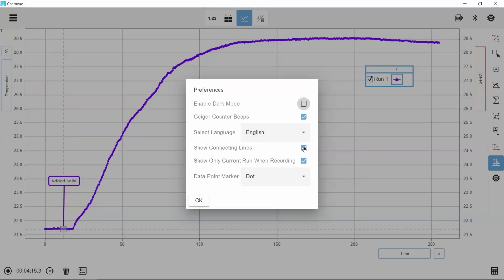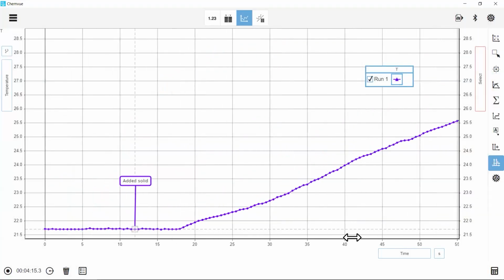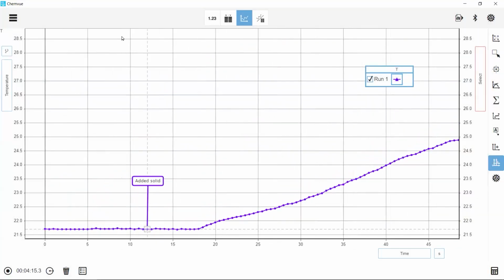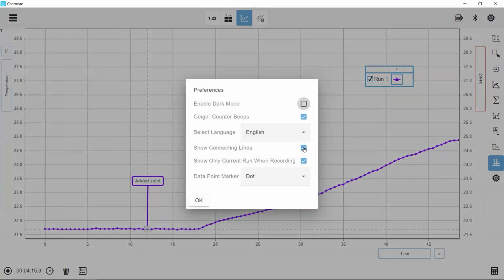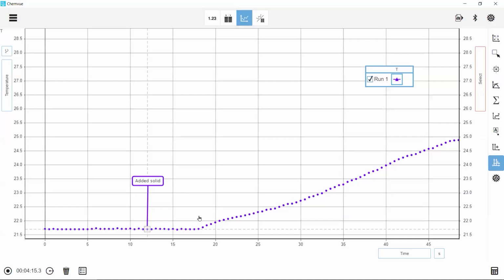And showing connecting lines: by default, the lines are connected on the graph, and you can't really see that because we have a high sample rate here. Let me expand the graph so you can see there are lines between each of the data points. I can turn that off here in the preferences menu. So I turn it off, and that might make it easier to see if you have a linear fit